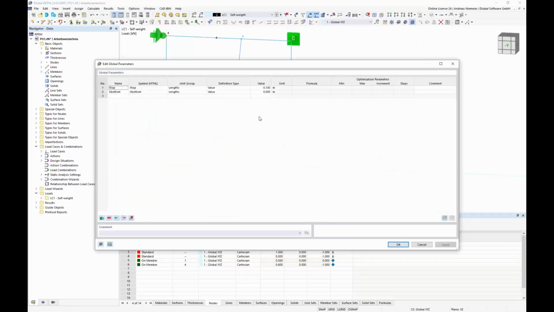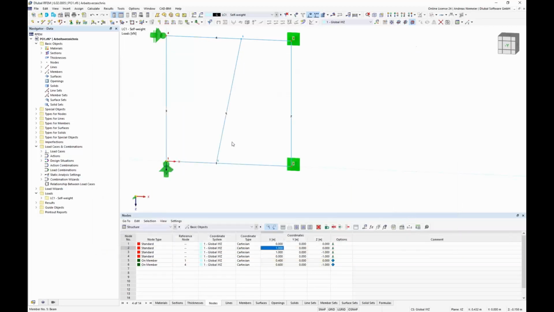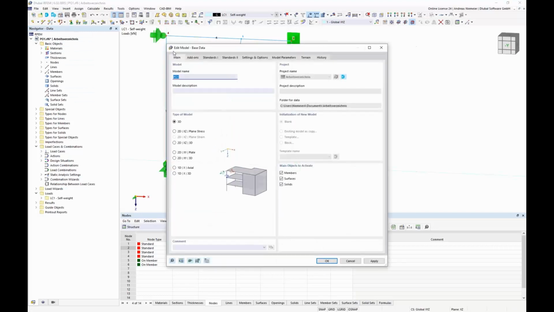And now we have an option to change this bracing member in both directions by typing in these values. Of course, this is not the optimal place. It's much more optimal when we move it completely to the right and left side. But this is the task of the computer later. So now we have done this parameterization, but the question remains how the optimization can work with these parameters. The optimization, which we activated in the base data here,